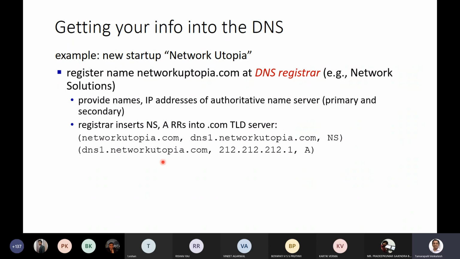So you can see here the way in which the resource records are stored. The meaning of the first line is that this is the name, okay, the domain name, and the second value indicates the name of the TLD server. As you can see, it is an NS record, so that means it is basically pointing you to the name of the machine which acts as the TLD server. Then the second line will give you the actual IP address for that TLD server.